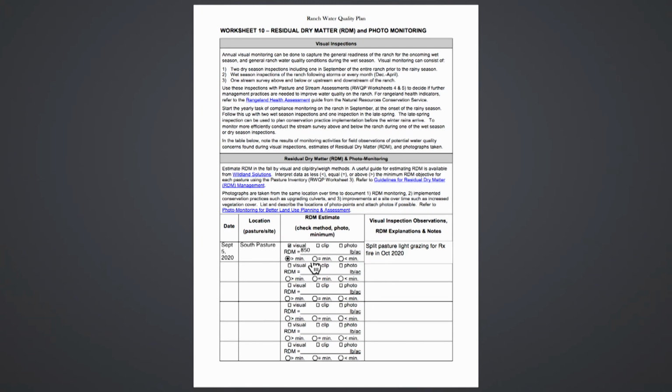So the reason that we have that much RDM is that we got the cows out of there early because we want to do a prescribed burn to reduce heavy fuels and hazardous fuels around the house for the following year, now that we know that we have catastrophic wildfires every year. So we're planning a burn in the fall of 2020, and we're out there monitoring right before we get there. So also on September 5th,